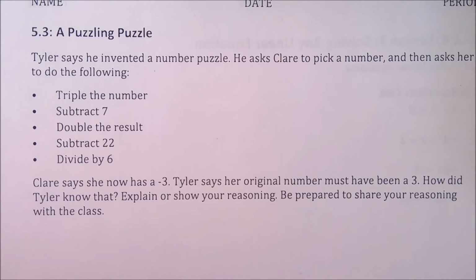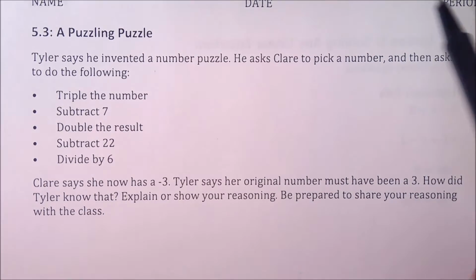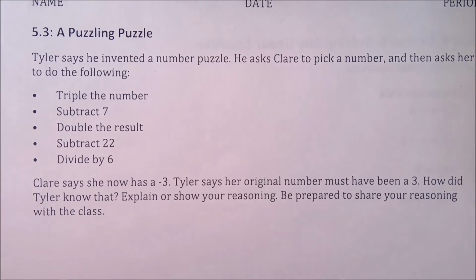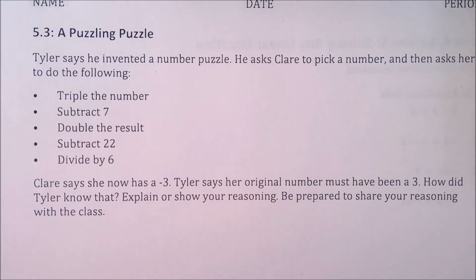Now what you can do before we move on is, if you want, over on the side somewhere, pick a number and go through those steps that Tyler has in his puzzle and see what you get as your answer. Pick a second number. Go through those steps, see what you get as your answer. Because if you take a look at what your result was and what your original number was and what Claire's result was, you might be able to figure out